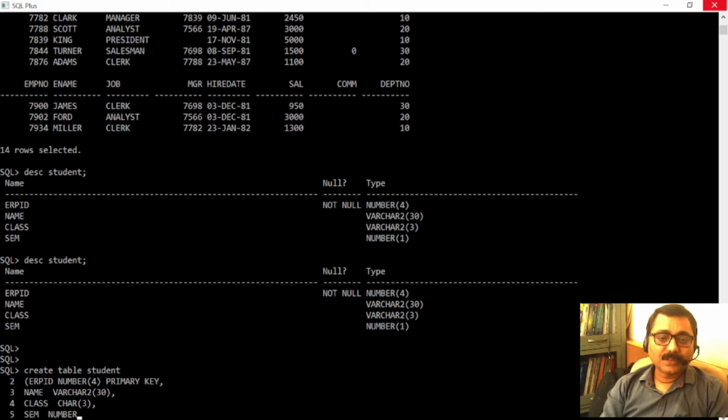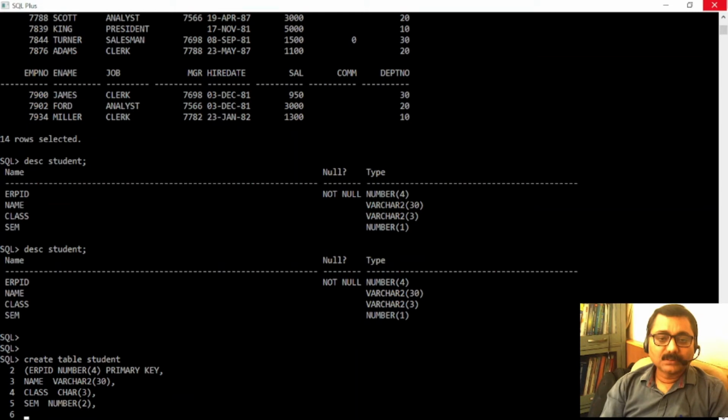Semester is of type number, inside brackets, size say 2, comma. Now I want to add constraints. So I'm adding one constraint for the roll number, or you can say for ERPID, that is constraint, then the constraint name, I may call it check underscore